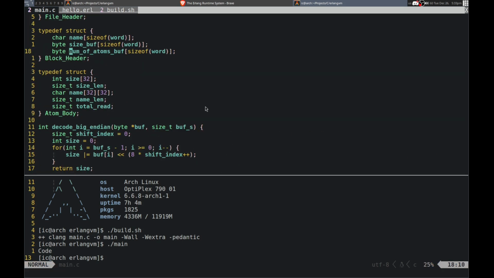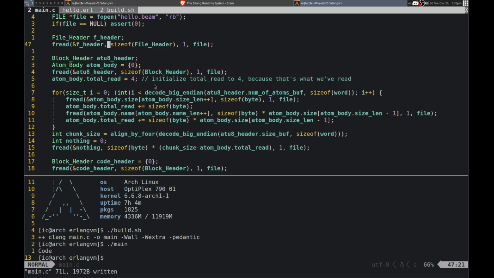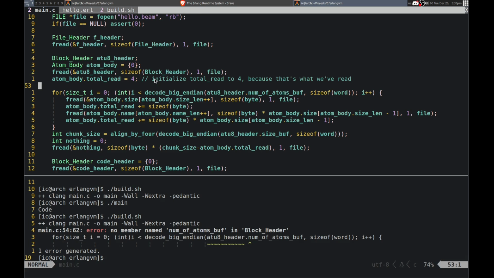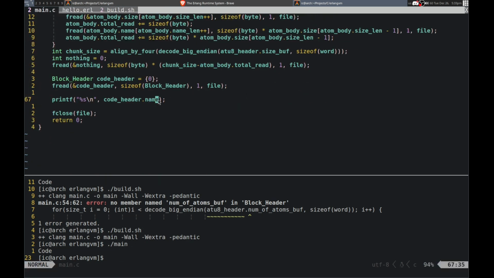So let me change this to instead like sub size buff, because I feel like that would be easier. Then I need to fix some things. So let me see where the compiler says though. So this must be the only place. And there we go. Okay, so yeah, then I can print out the rest of it as well.